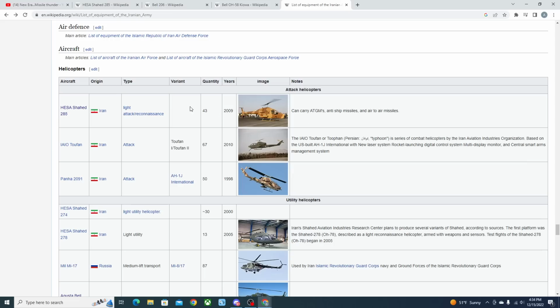And you can see that they're trying to pad their numbers in terms of their helicopter forces with these things over time. But how in the world can you even get away with that and people believe it with a straight face? And that's the problem why, really, at the end of it all, even though this is by far the ugliest helicopter, and this video is about it being the ugliest and the worst helicopter ever, it still is part of the reason why a lot of people here in America and around the world think that Iran is some kind of a burgeoning military power, is because numbers are being inflated with helicopters like these,